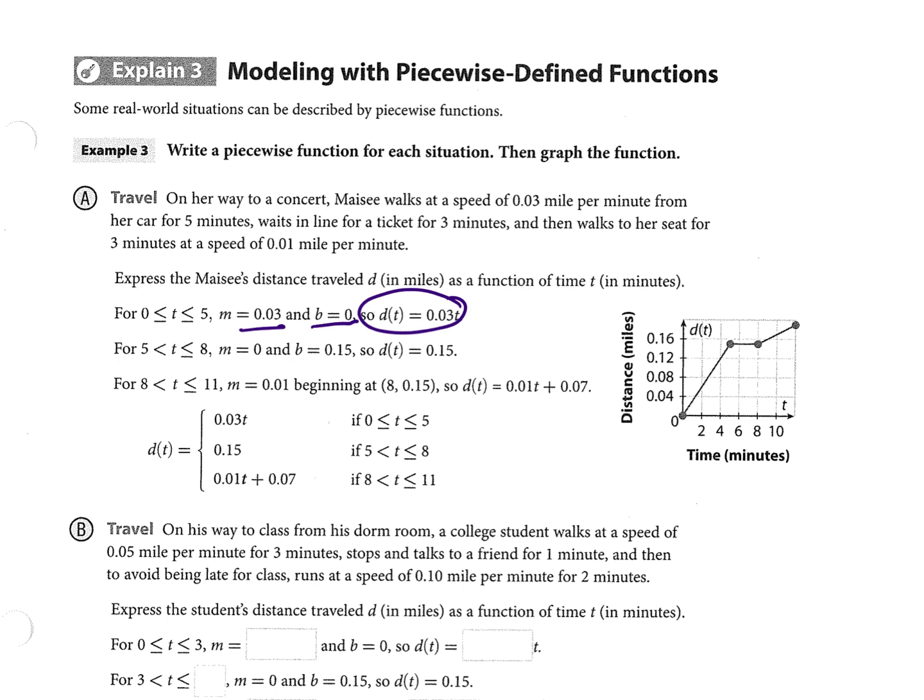Then for the next 3 minutes, it says she waits in line. So from 5 to 8 minutes, she waits in line. So her slope doesn't increase or decrease. She's not walking farther or closer, so her slope is 0. And the y-intercept is 0.15. The way that they got that is by multiplying that 0.03 by the time that it took to get to that place in line. Then for the last 3 minutes, so from time 8 to time 11, her slope was 0.01,